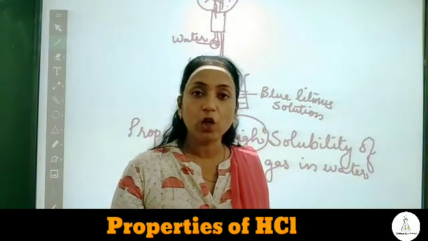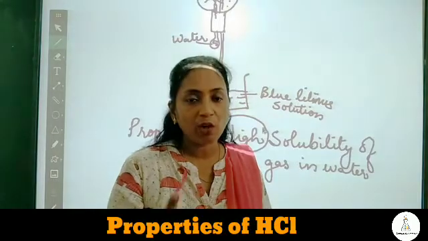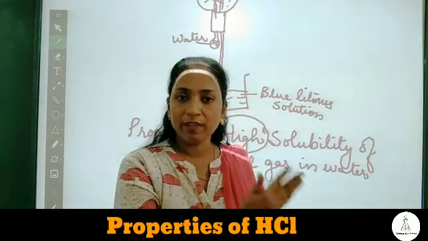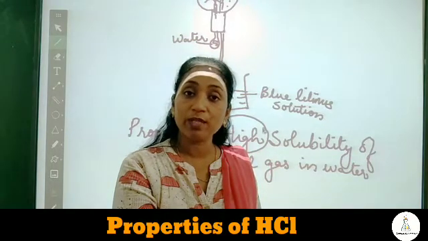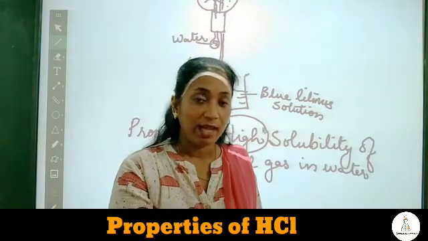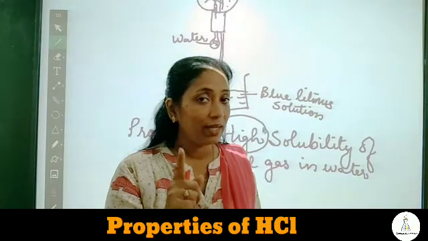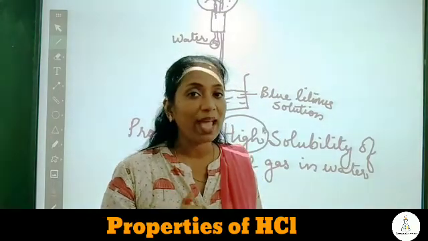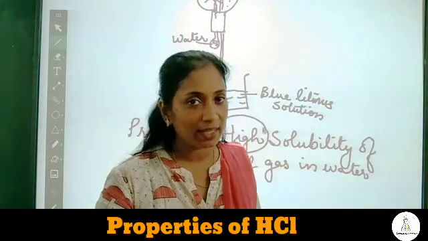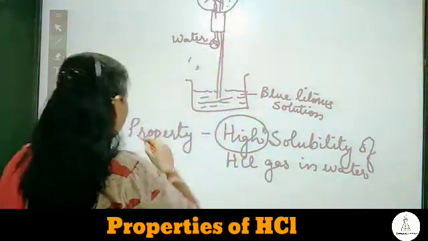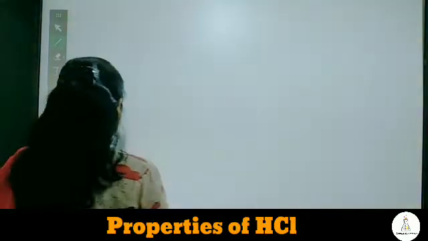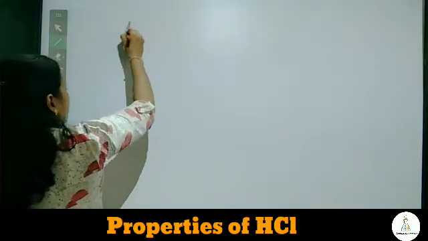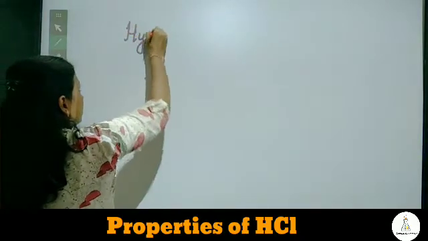if we have to get hydrochloric acid, then how to get it? Till now we learned in the previous video how to produce hydrogen chloride gas, and we collected it by the upward displacement of air. But now I want hydrochloric acid. How will we get it? Yes, coming to that. Hydrochloric acid.